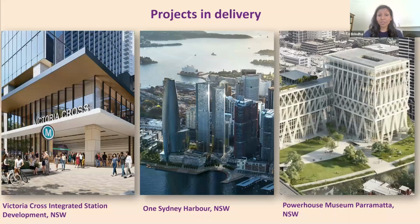Some of the projects we're working through at the moment. So One Sydney Harbour is the residential towers. They're the luxury apartments that sit as part of Barangaroo. So they look to complete, I think, in 2024. And